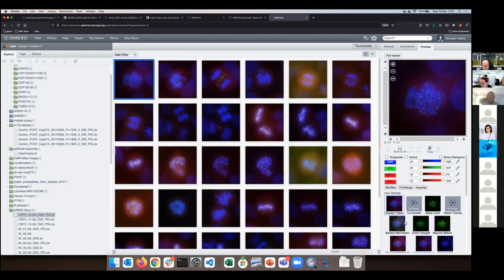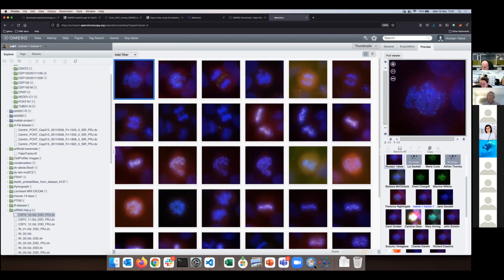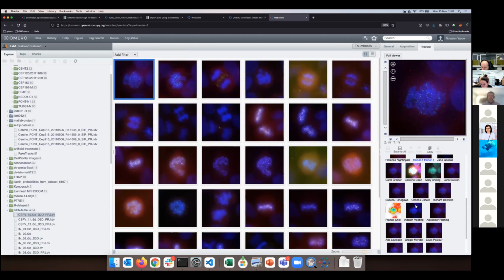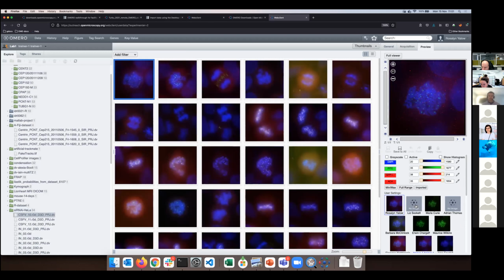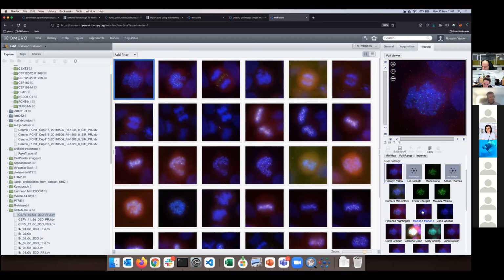Furthermore, I can show the cooperation aspect. You can see that plenty of colleagues are already viewing the images of trainer 1. I'm now viewing images of trainer 1. This is on the top left. Being Rosalind Yellow, this is on the top right. And I can now pick the rendering settings of